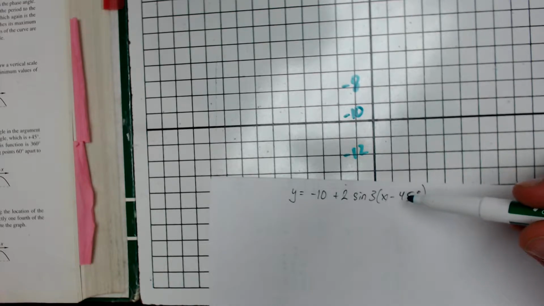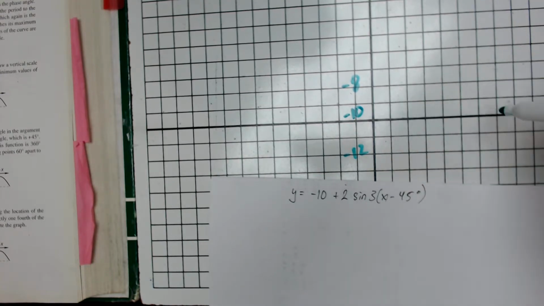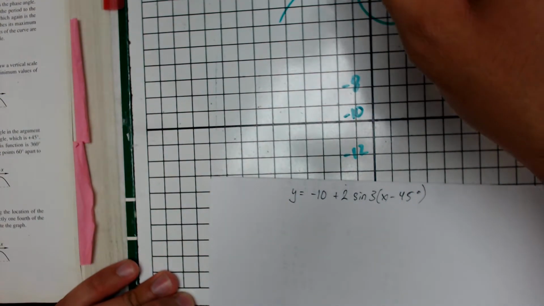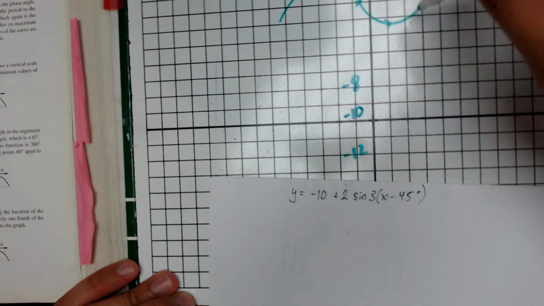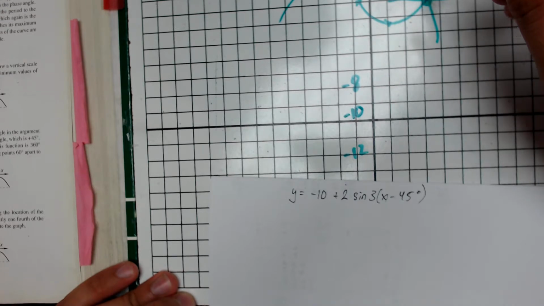So if you remember, phase shifts, or shifts left and right on the x-axis, are always the opposite of the symbol they're given. So if it says minus 45, I'm actually moving 45 degrees to the right, okay? And then if you remember the general curve of the sinusoid, every 90 degrees it hits the top, the middle, or the bottom, and the graph of sine passes through 0 right here at the 0 upward rise. So if it's moving 45 degrees to the right, then